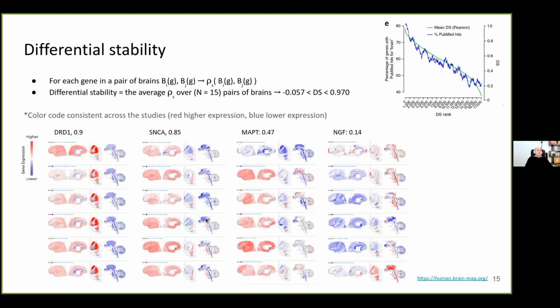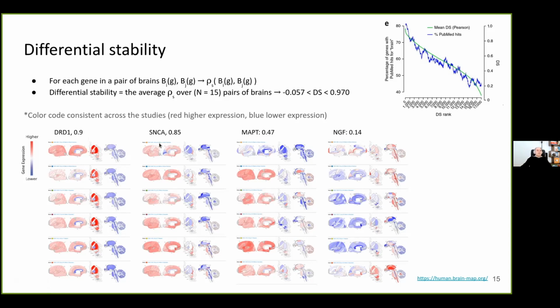Then we looked at the differential stability of the genes, and the definition of differential stability of a gene is basically how similar the pattern of gene expression is across different brains. We take 2 brains, look at the expression pattern for a given gene, and calculate the correlation, and then we average the correlation across 15 different pairs of brains, with 2 out of 6 selection. The correlation is basically anywhere between 0 and 1. Here you can look at the expression patterns for 4 different genes, where red is higher gene expression and blue is lower gene expression. For a highly stable gene like DRD1 for dopamine receptors, we have a stability of 0.9, and you can see that the expression pattern across the 6 brains is very stable, with high expression in basal ganglia, lower expression in cortex but still higher than average, and low expression in